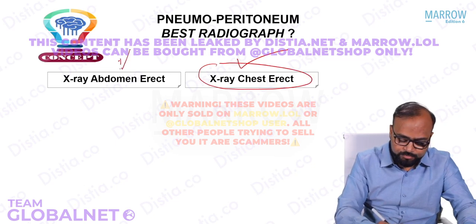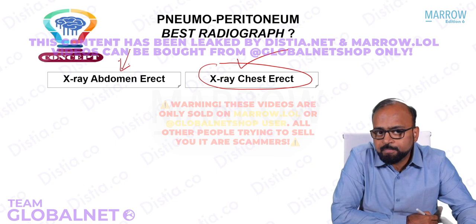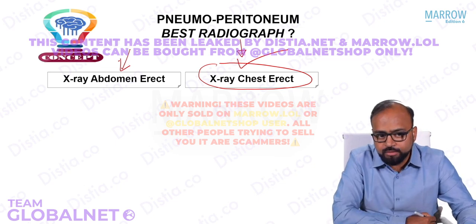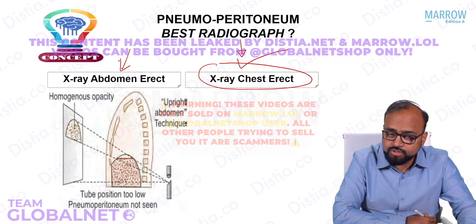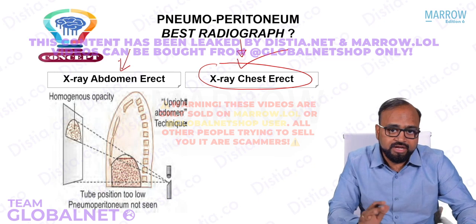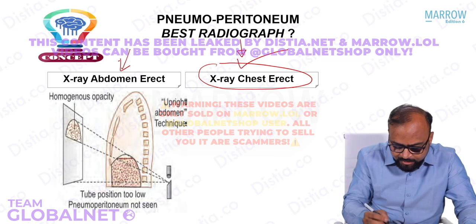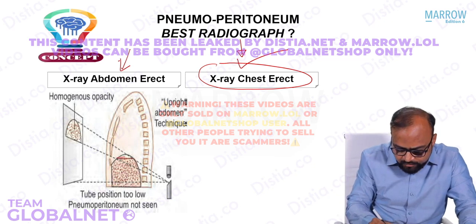Usually what we do in our hospitals is an x-ray abdomen erect. But the overall best for detection of minimal pneumoperitoneum is an x-ray chest erect. Why so? Because the region of interest that we are trying to look at when we want to detect pneumoperitoneum is the region below the dome of diaphragm, right? That is where the free air is. So if this is the area of the free air,